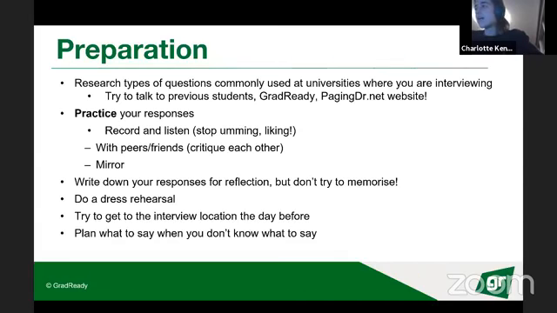Do you have anything else to add, Mac? I guess just on the topic of practicing, even a trusted friend or family member, it doesn't have to be someone in the med world or trying to get into med that knows the context. Just ask somebody that you think is a good person how you sound. And don't feel like if you don't know anybody who's doing med or is in med that you don't have any resources. I think it's helpful. Yeah, I agree with that too. That's about it from me, I think.